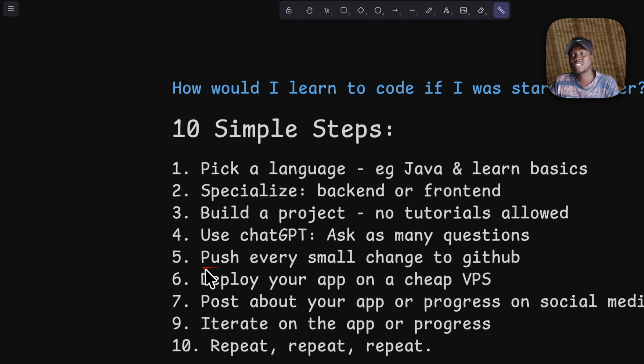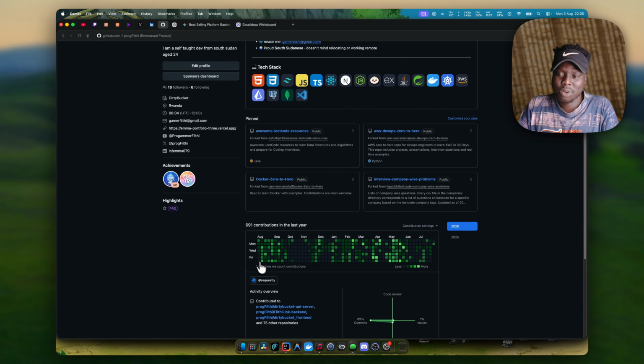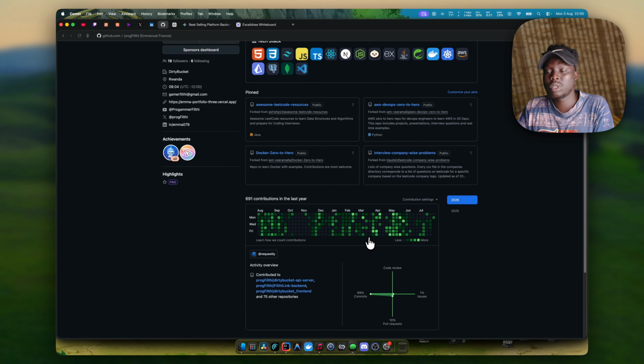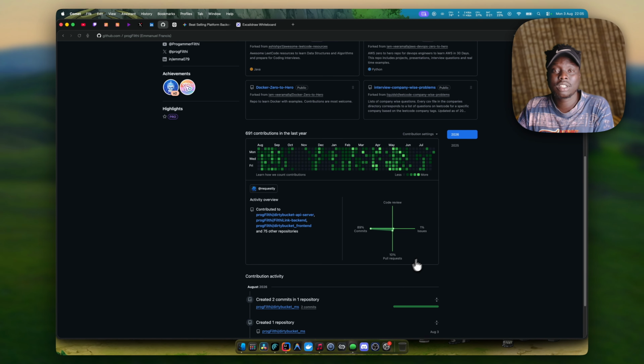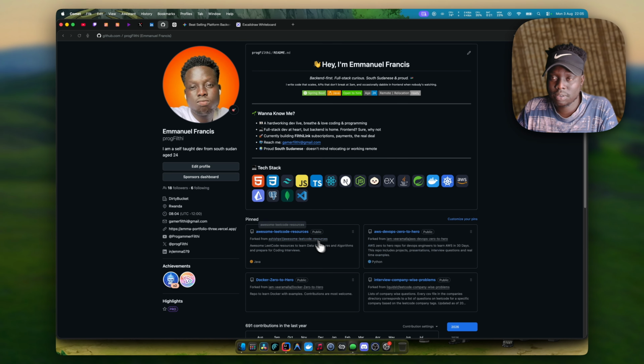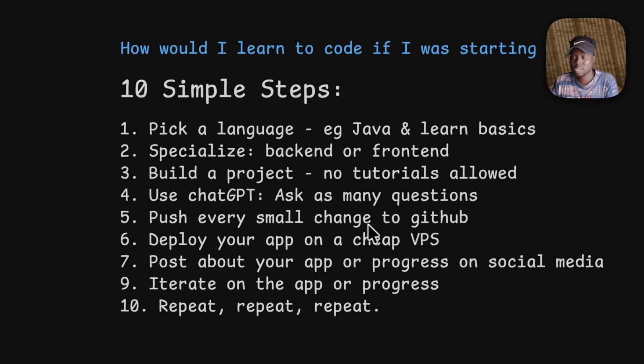Reason being, Git and GitHub in general just make you industry standard, or industry ready, right? I'm going to throw out any word out there. But in general, when you push your code, anybody that comes across your GitHub profile and sees it booming like this gets to see somebody. For one, they can assess your knowledge. For two, they can tell your tech stack by looking at your profile. Three, they can see that you really put in the work, right? So it's easy for them to try to hire you or get you some opportunity, right?